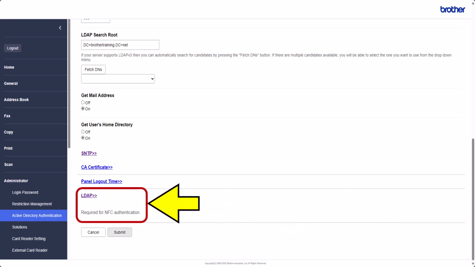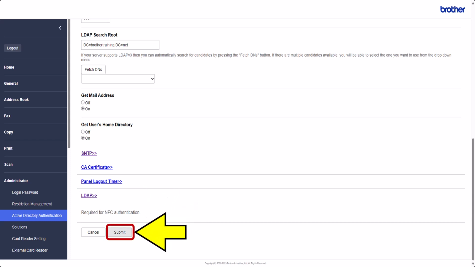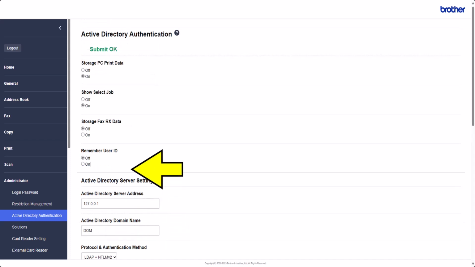As this demonstration is for AD authentication with username and password, we don't need to set up the LDAP section here. Now select Submit to confirm all the configuration changes. Once changes are confirmed, you will see a Submit OK in green at the top of the page.